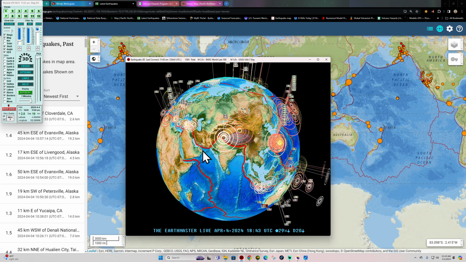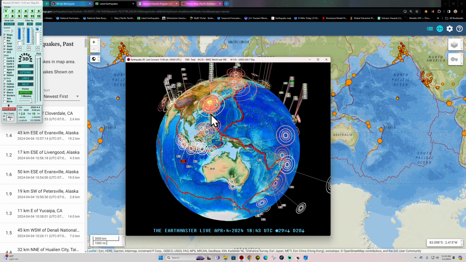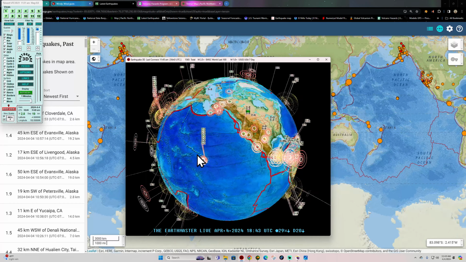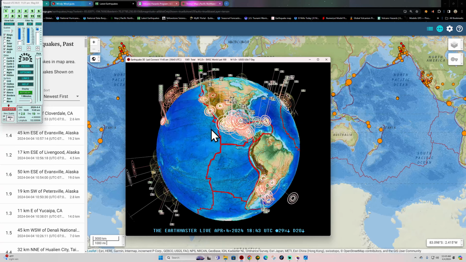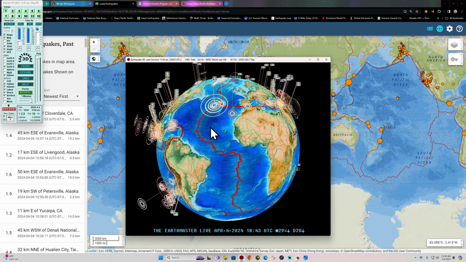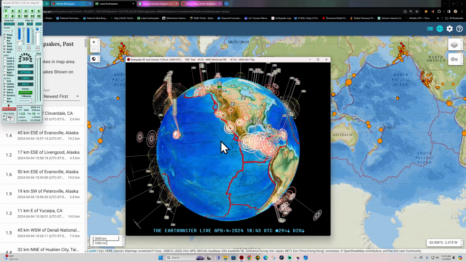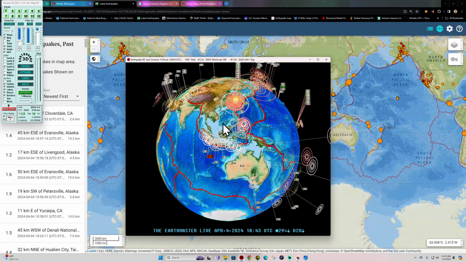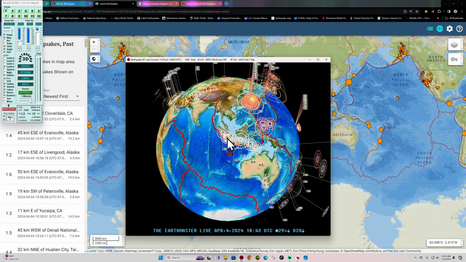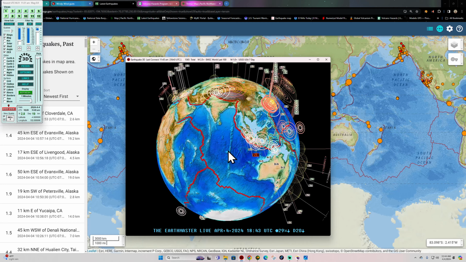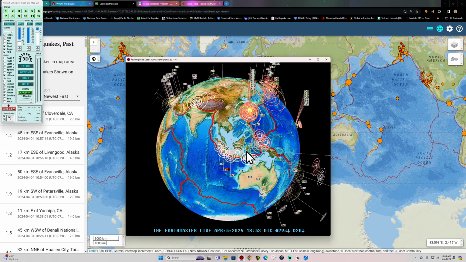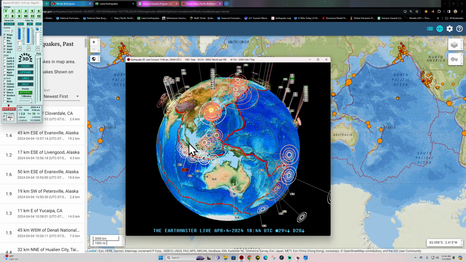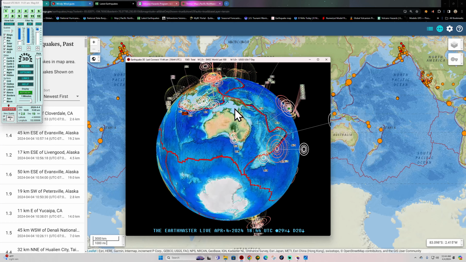So we'll just kind of see how today goes. The past couple days have been pretty active, to say the least, with all the large scale activity. There's another 2.8 kind of stretching up here across the Java Trench. It looks like things are starting to migrate out here across that plate boundary.